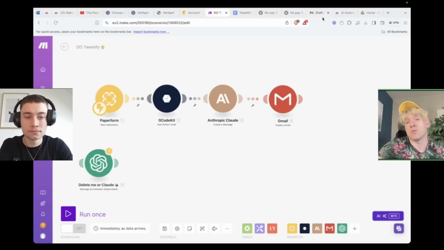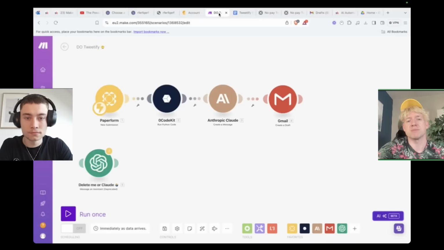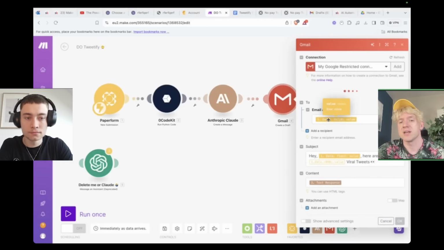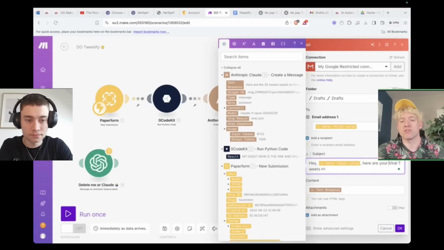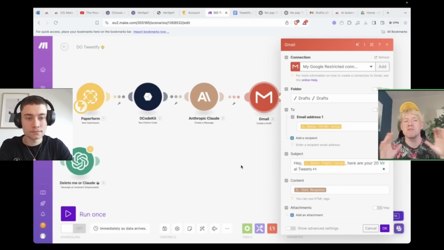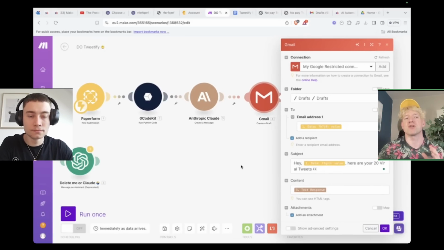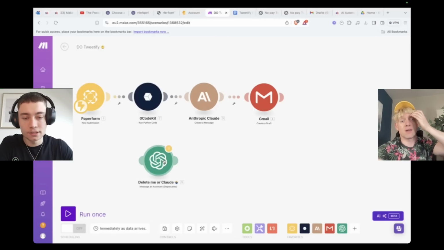And then finally, the final trigger I put here is just to create a draft email within Gmail. So it should pop up somewhere here. In that particular automation, we have the email address, which again, we can grab from Paperform and go straight to the client. We can hard code the subject line to say, hey, first name, and then we've got the content, which is the text response. If it doesn't make sense, that's perfectly normal. I'm whizzing through this just as a concept for you, but hopefully the flow makes sense. So it's basically variables from the previous steps put into the email.